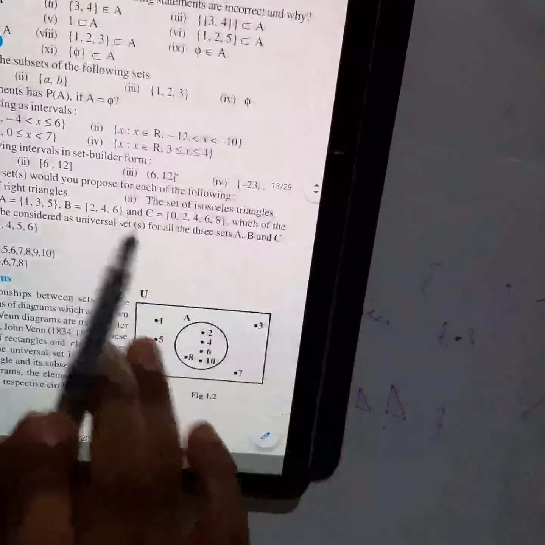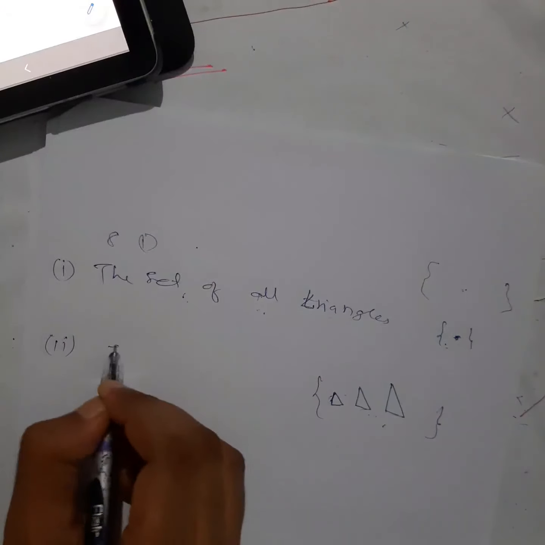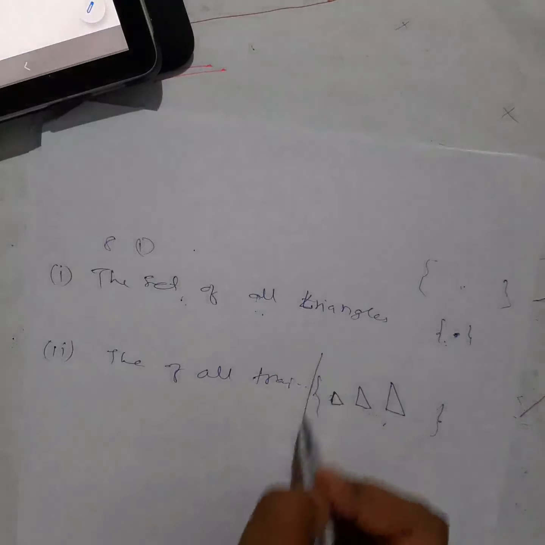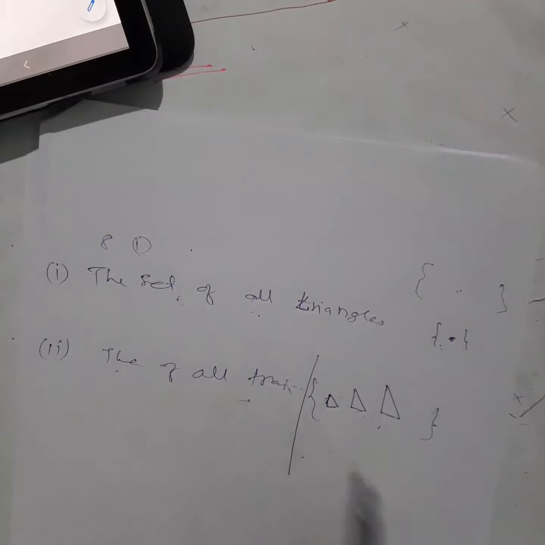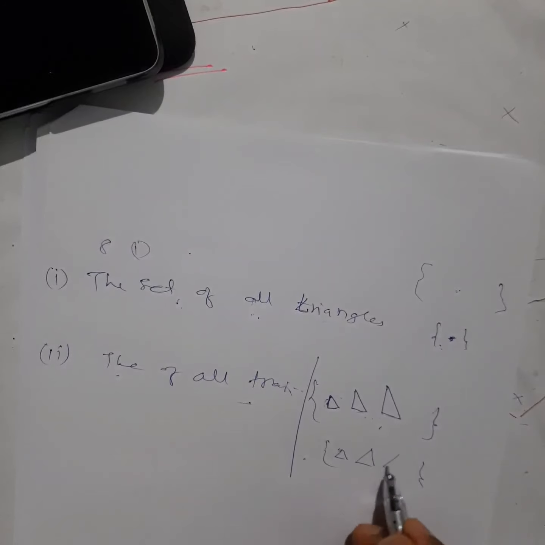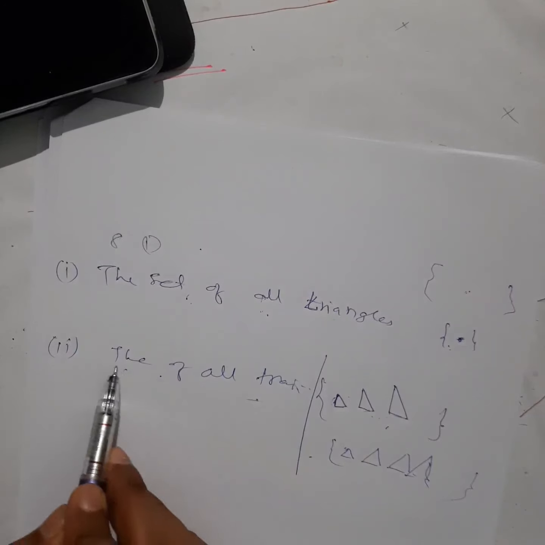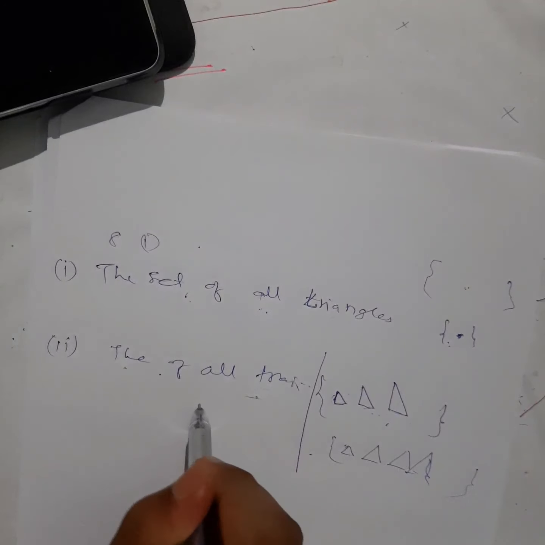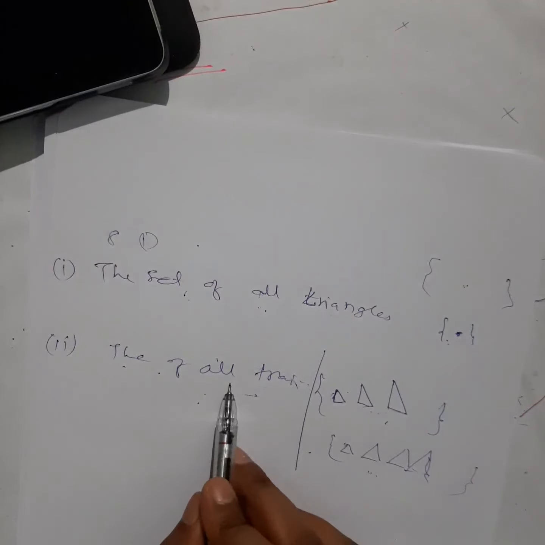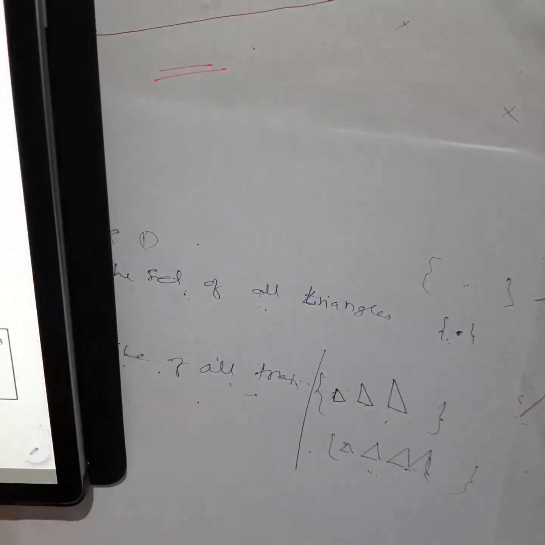Okay, so the second set is the set of isosceles triangles. For this, what set will you propose? Same, the set of all triangles again. If I say the set of all triangles for isosceles triangles, this will be the biggest set, right? If you have a set where only isosceles triangles of different sizes are there, and now I give a set of all triangles, then these triangles will be there in this set, and other than this there will also be other triangles. So this will be the bigger set compared to this one, so I can say this is the universal set of this one. So this will be the answer to your question.